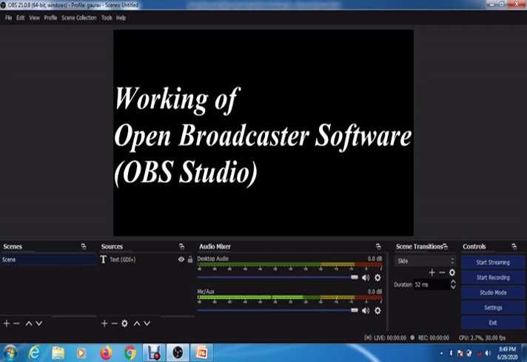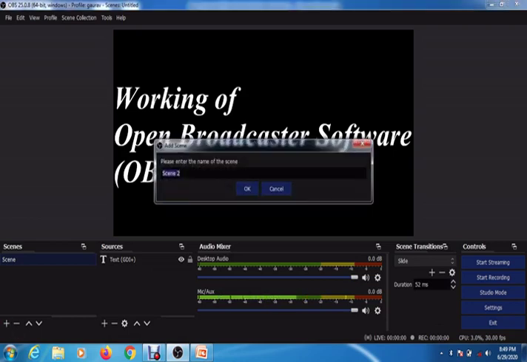First of all, in this scenes, what is this scene meant for? It is generally a name given to a particular profile. So whatever work or operations you do, if you want to save it in terms of a certain profile, these scenes are being used. By default, I am working in the OBS scene now, but if I want to create a new scene, I can add it from the add button itself. I can give it a name as PRMITR, and I will click on OK.